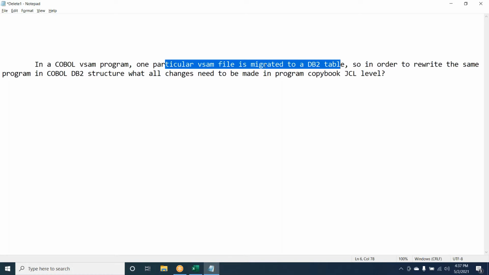Correct. If that is the case, first we have to see how many fields there are, and what the primary key is if it is a KSDS. So create an equivalent table with the same number of columns. Once the table is created, if there is a primary key, create a unique index. These two steps need to be done. Then create a DCLGEN and write a COBOL plus DB2 and VSAM program. As our colleague said, you have to declare the files, then create the DCLGEN and copybook. Read the data from the VSAM file and insert into the table. So at a high level, these are all the steps we have to do.